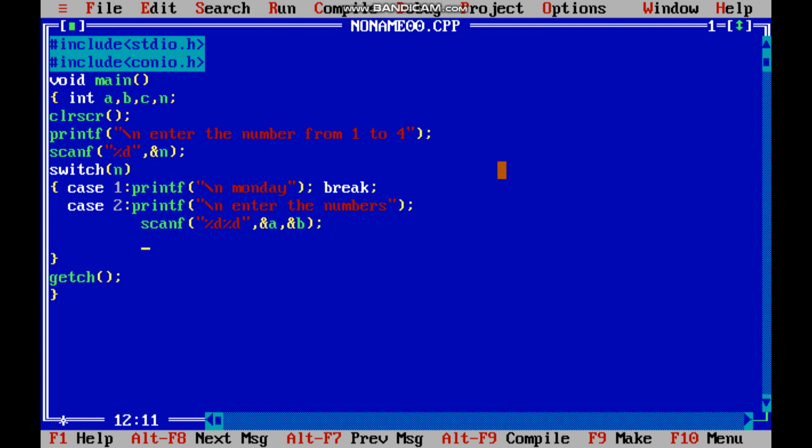Now c is equal to a plus b. Now printf("\nSum is %d", c). Now I'm going to break that condition, break. In case of case 3,